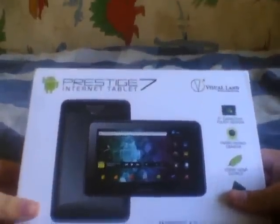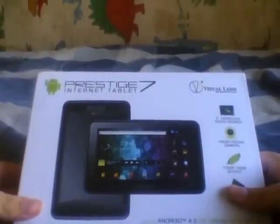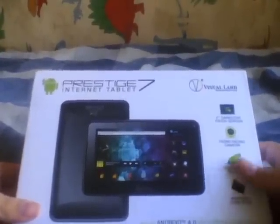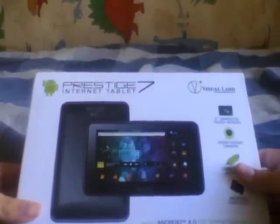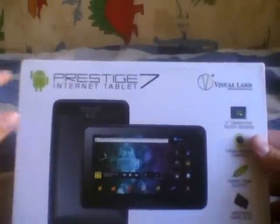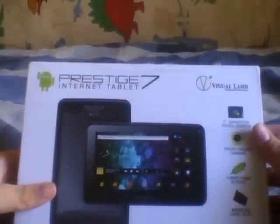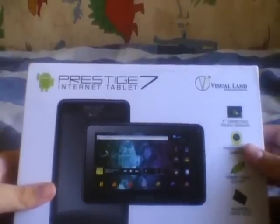Hello, yeah, I'm doing object reviews now. That's fantastic. Yes, I ordered myself a tablet the other day, so this is it. A Prestige 7 Internet tablet. It runs Android, obviously. It's made by a company called Visualand, which I've never actually heard of before, but I love it because